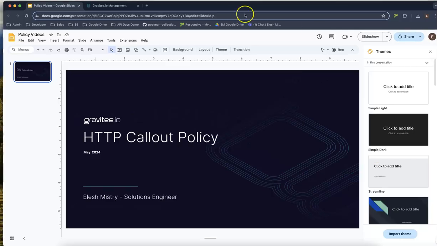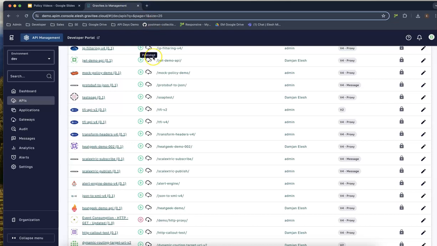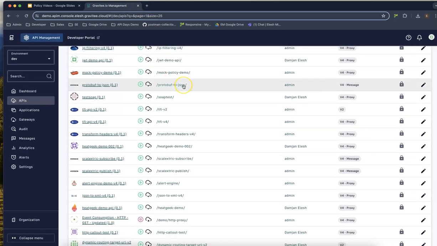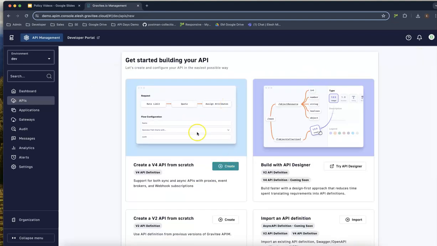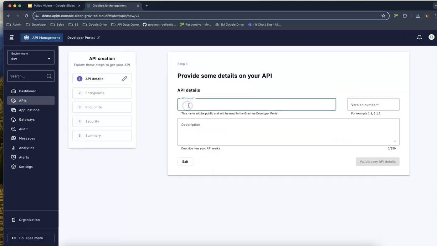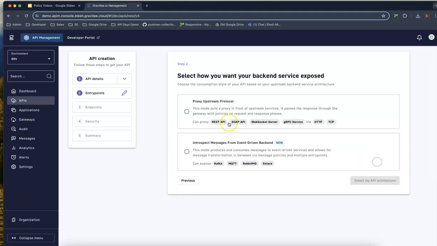Okay, so let's first of all head over to Gravitee, and you can see that we've got API management here. We've got a number of APIs, but what we're going to do is create a new one. We're going to actually use the v4 policies, and we're going to call this API HTTP callout. Give it a version number and a quick description. This is a test. Okay, I'm going to use the REST API proxy,